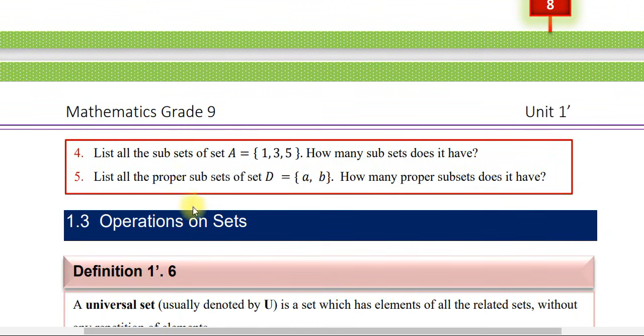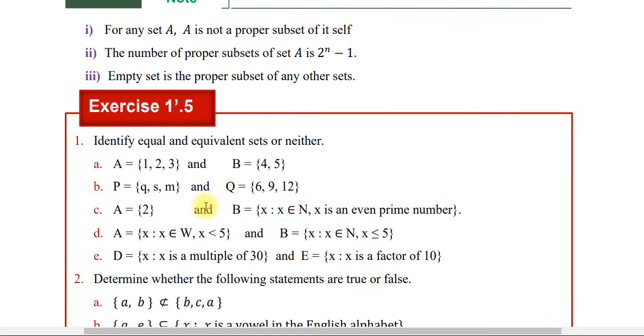ኤክሰርሳይሶች አሉን። ወደ 5 የሚደርሱ ኤክሰርሳይሶች አሉን ማለት ነው። ሶ ኦልሞስት ደቂቃችን እየጨረስን ስለሆነ 39ኛ ደቂቃ ላይ ያለ ነው። ስለዚህ ከኤክሰርሳይሶቹ የተወሰነ መረጥ አድርገን እናያለን ማለት ነው። አይደንቲፋይ ኢኳል ኤንድ ኢኩቫለንት ሴት ኦር ናይዘር። ለምሳሌ ኤ እና ቢን ያዋቸው እነዚህ ኢኳልም አይደሉም ኢኩቫለንትም አይደሉም። ስለዚህ ናይዘር በሚለው እንወስዳለን።